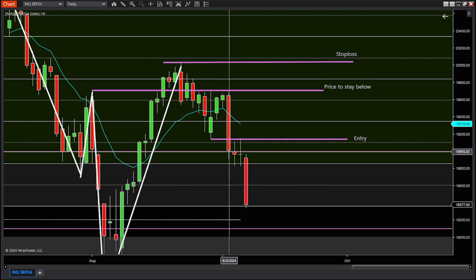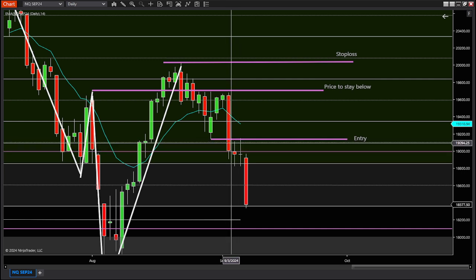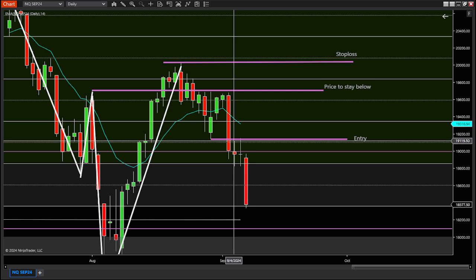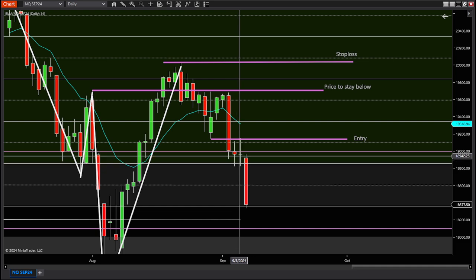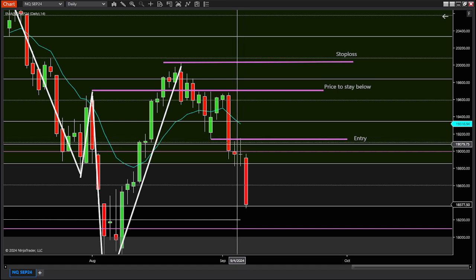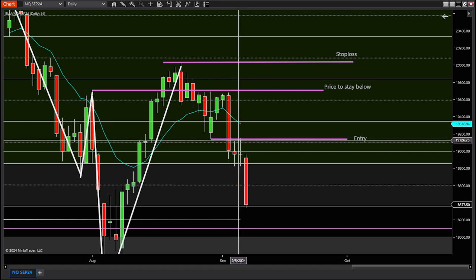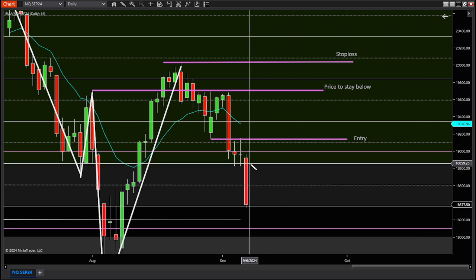I was short here, and then we retrace. I'm no longer really looking short. If I am going long, it's a scalp on a retracement, but I'm looking for that continuation short. And that's what we got here. We got a lot of continuation shorts. We did get some longs. There were a lot of good long setups, right? But once we rejected that 140, now I know right here at 140, I am not looking long again,